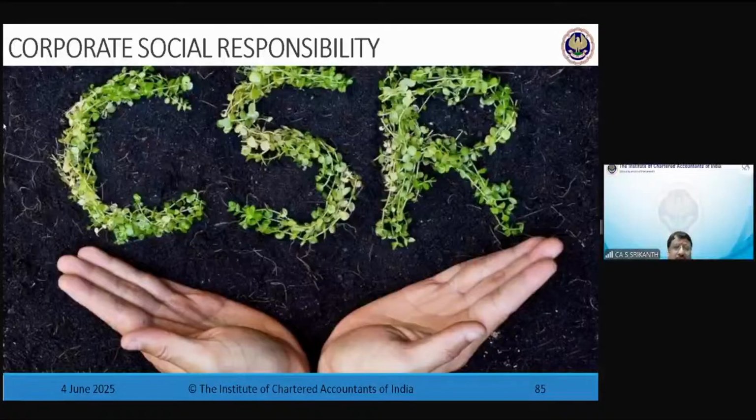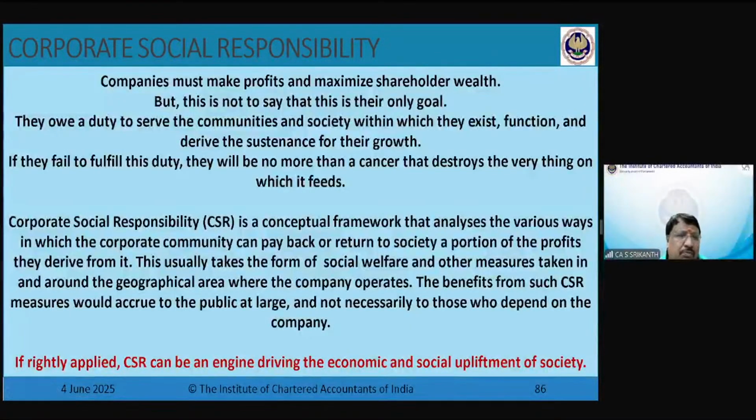Now we come to the very interesting and very important concept, which is called CSR, Corporate Social Responsibility. We can go in depth into this, but I'm going to adhere to the framework more from an exam perspective. A little bit, I'll give you the background. What is corporate social responsibility? It's different from corporate governance. Corporate governance is the responsibility that a company has to its stakeholders.